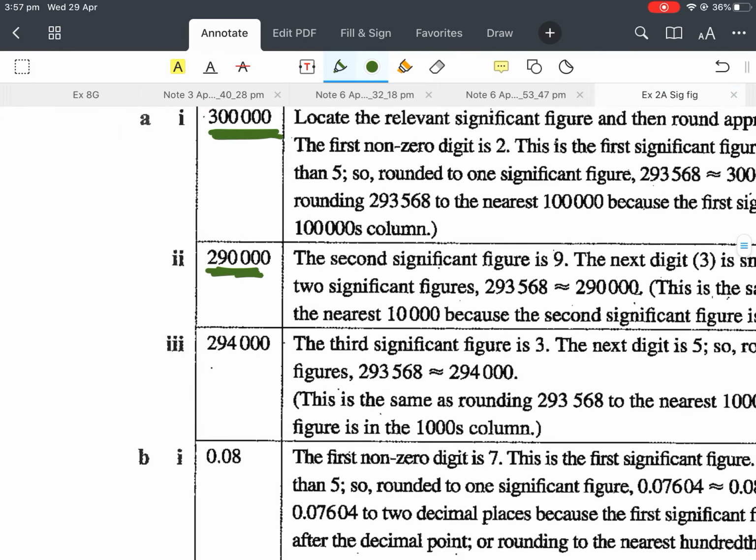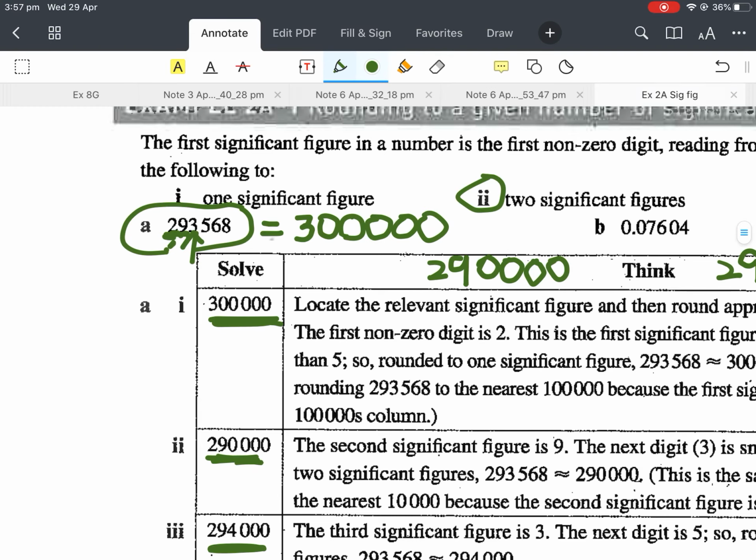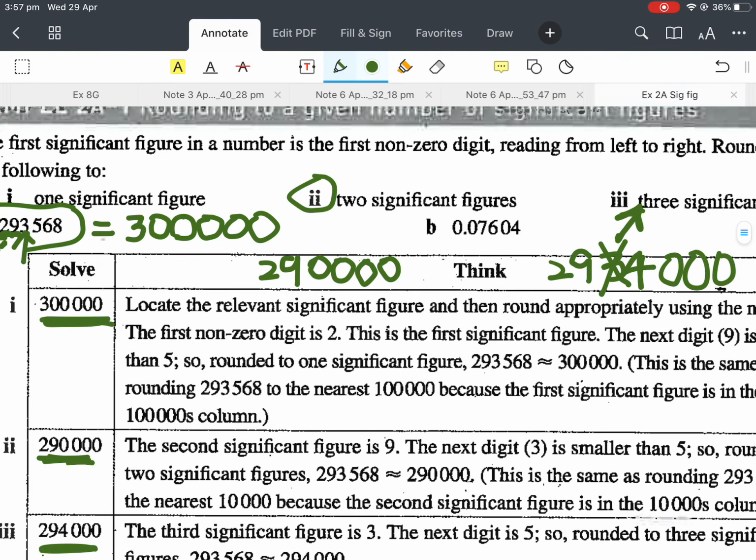Let's see if they got that. Yep, they did. Beautiful. We are correct. All right, so let's try it now for this decimal. I'll do it in a different color so you can see it. So let's do the same thing now with